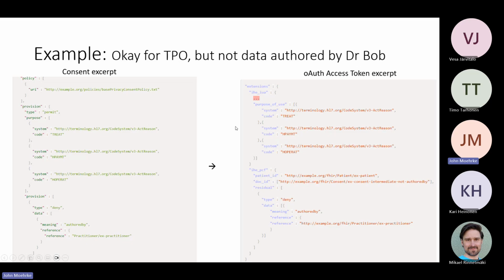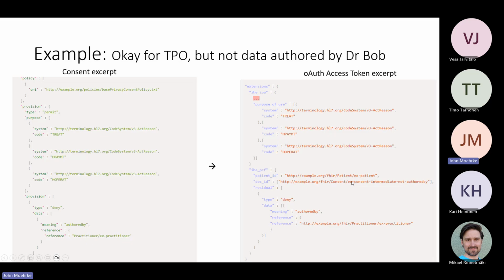So the normal TPO, the normal purpose of use stuff in IUA, this is the extension that's used. And then we have this additional IG PCF extension that carries with it specifically we are talking about this patient, and we are talking about this consent.